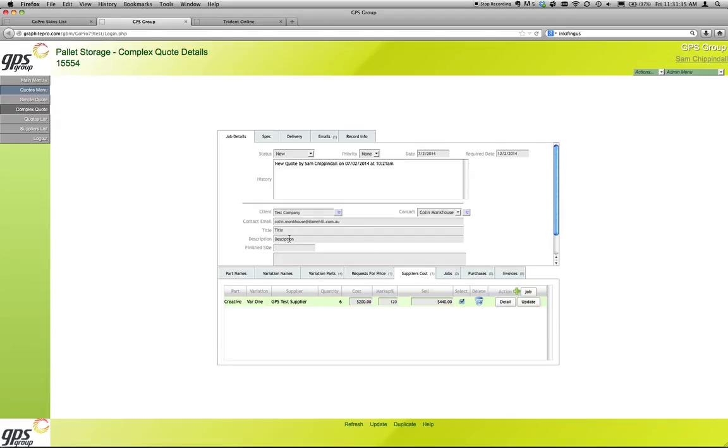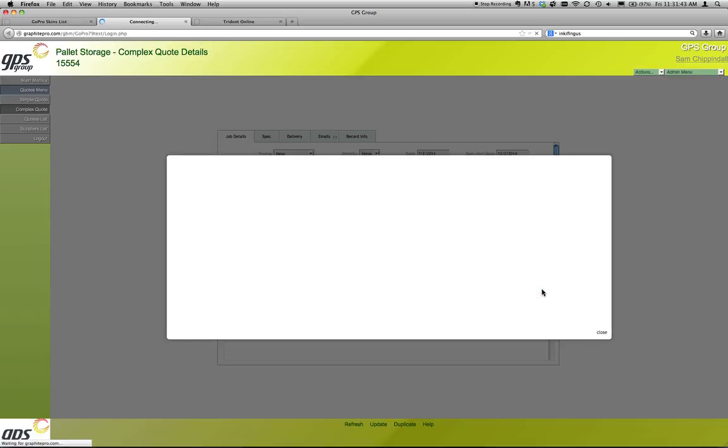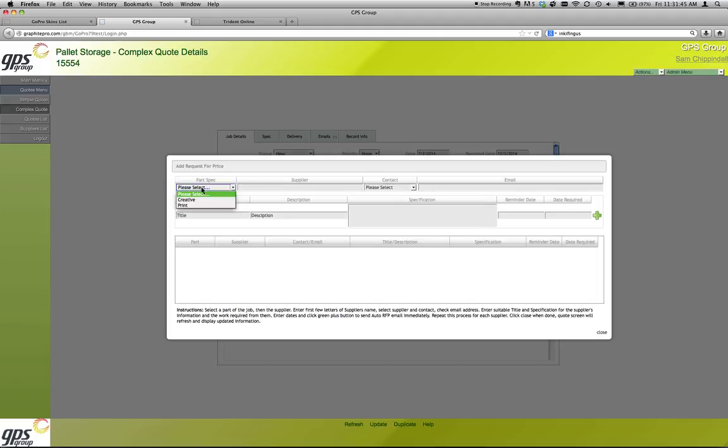So here we are at our quote with our one cost. We could also be getting requests for price from suppliers. This basically is the same. Hit the plus button, you select what part of the quote you want a price from a supplier, you enter the supplier,